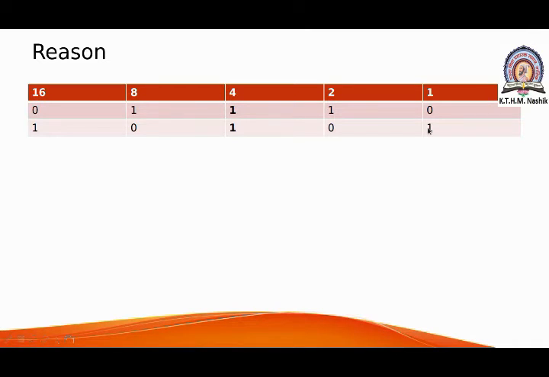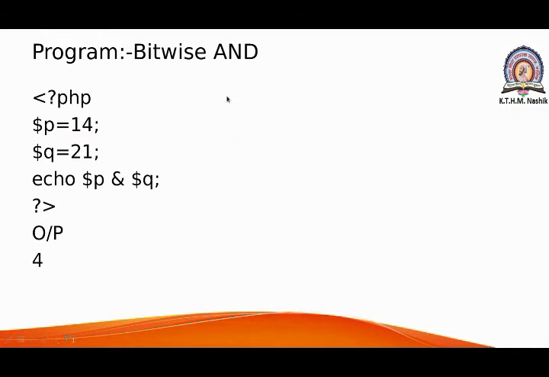So here these two values 14 and 21, and we have to display according to bitwise AND. So here it is AND, that's why for the two values, where it is 1 in both, that means ANDed, then it will take the value. So bitwise AND will take the value 4, because of the values of those variables P and Q. So bitwise ANDing of P and Q, the output is 4.